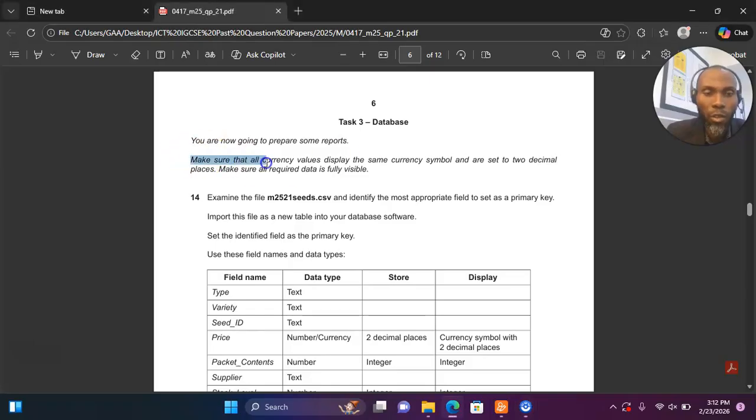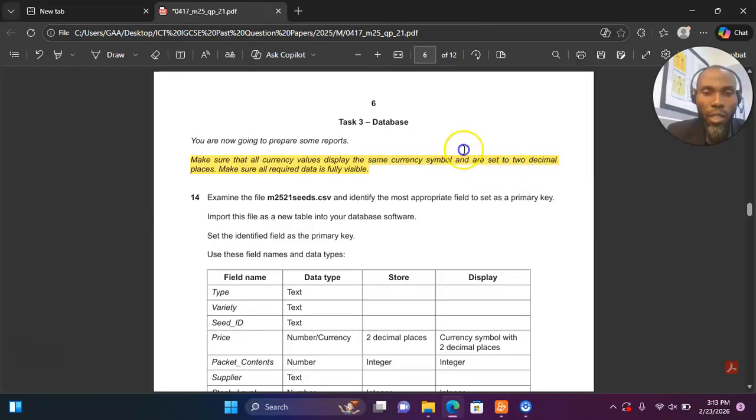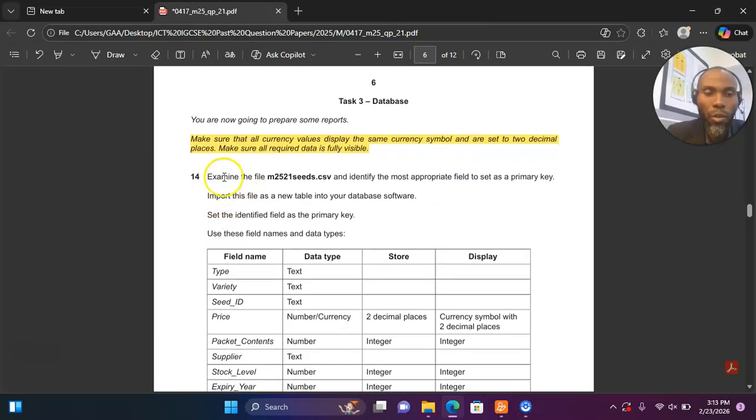Now, this aspect is always very important for us to read. Take note of the instructions: using the same currency symbol, and our currencies are set to 2 decimal places. All right, so 14, it says examine the file seats.csv and identify the most appropriate field to set as a primary key. So let's go to our